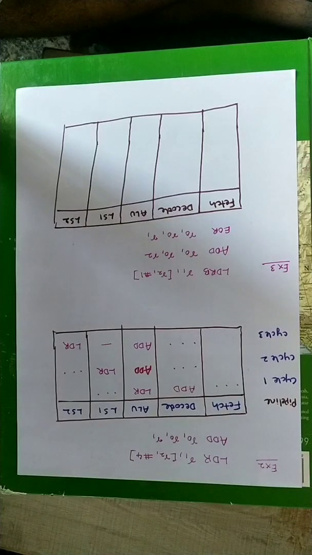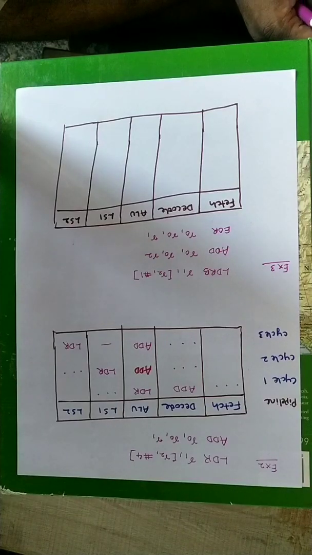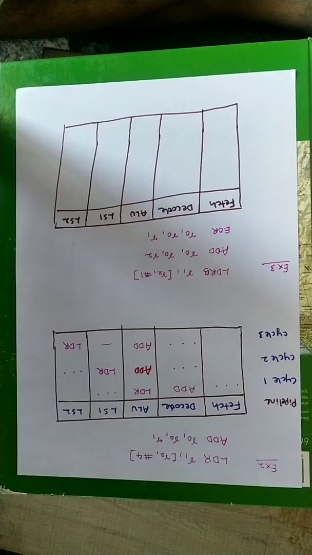Next, we also discussed the scheduling of code efficiency on ARM. We discussed that the ARM9TDMI processor performs five operations in parallel in the pipeline. The operations are fetch, decode, ALU, that means execution, and then LS1, LS2. All five operations we discussed in the previous video, and we also explained one example. So next, let us continue with part 2.